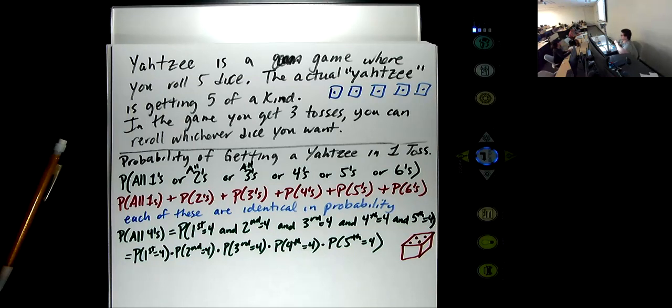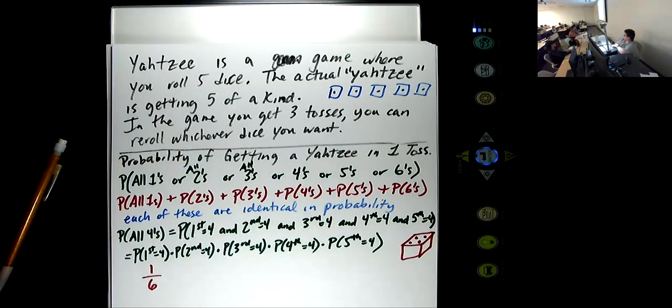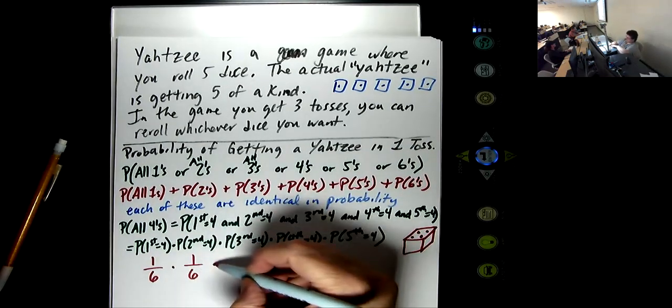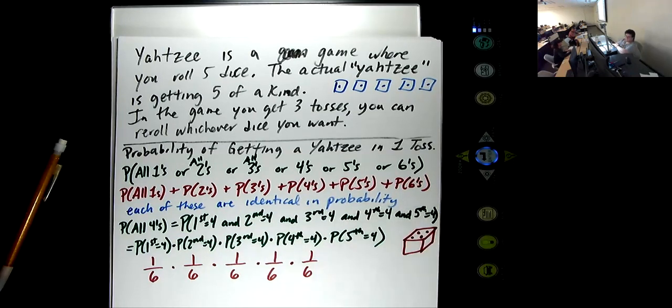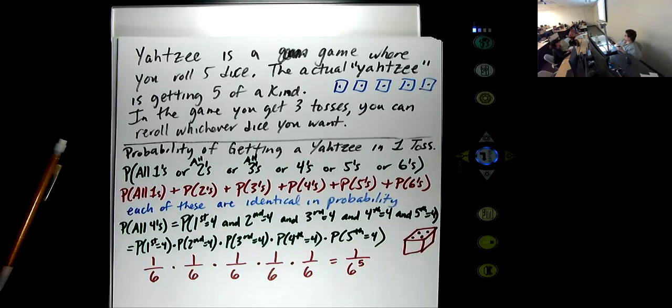What is the probability of getting a 4 on a single die? It's 1 out of 6, right? There's only one outcome that's a 4 out of 6 total outcomes. And that's the same for each of these. A shorthand way of writing this is 1 over 6 to the 5th power. But if you want to know what that is in terms of probability,